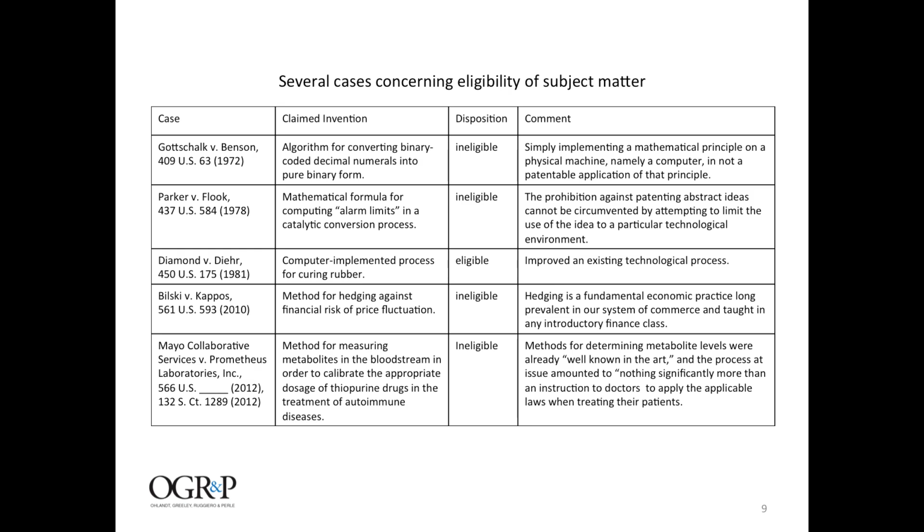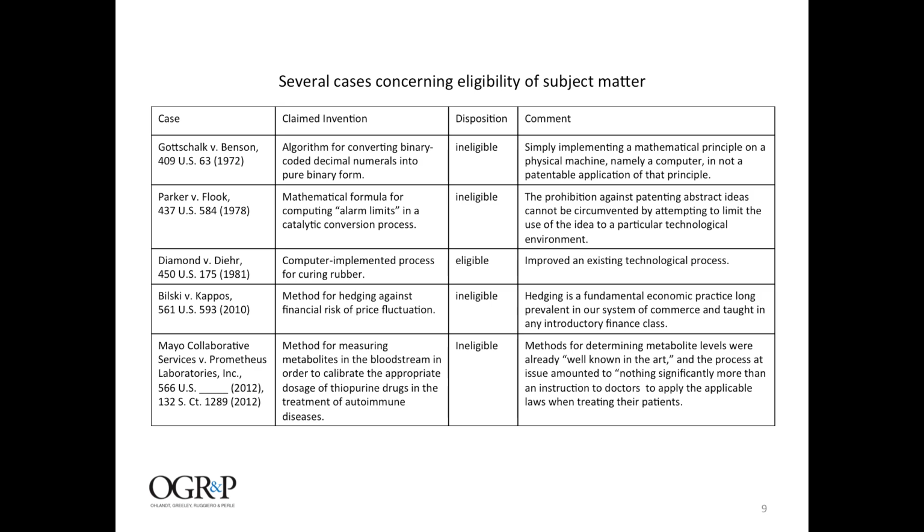All right? Now you might say, hey, that sounds similar to the computer implemented process for curing rubber, okay? But apparently, the methods for determining metabolite levels were already well known in the art, okay? And the process at issue amounted to nothing significantly more than an instruction to doctors to apply the applicable laws when treating their patients. So, Mayo is different from Diamond v. Deere because